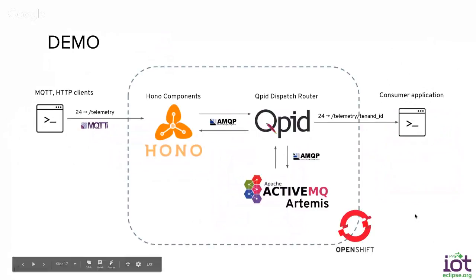Yeah, this is the deployment that I will show in a few seconds. We will have Hono deployed on OpenShift using, as Kai already mentioned, the dispatch router and ActiveMQ Artemis as a broker for exchanging messages. And we will show something simple, just how we can connect using an HTTP and MQTT client for sending telemetry data to Hono, and then having such information got by a consumer application on the other side. So let me switch to the